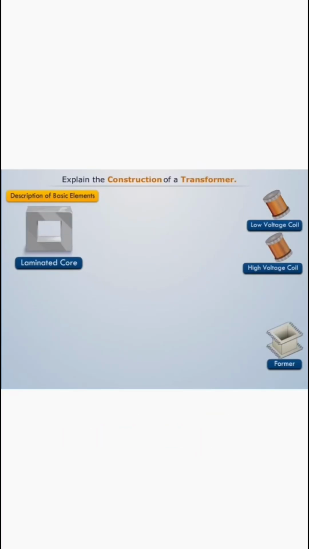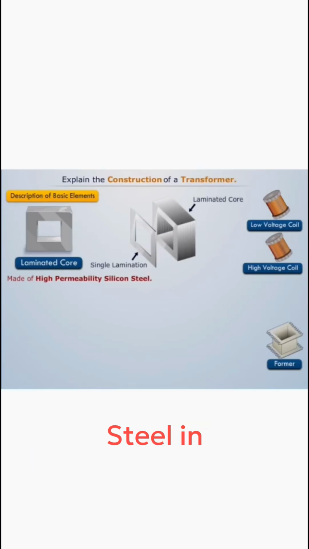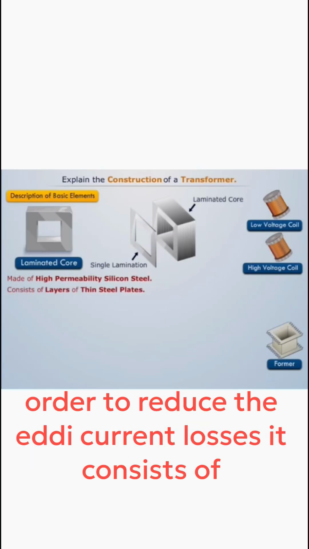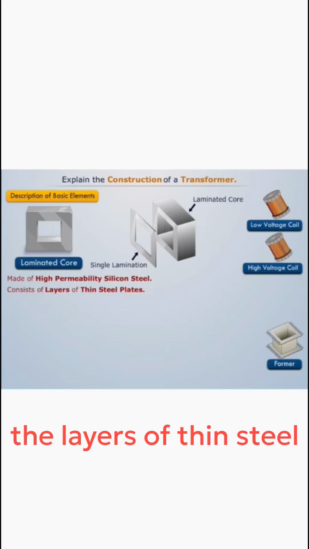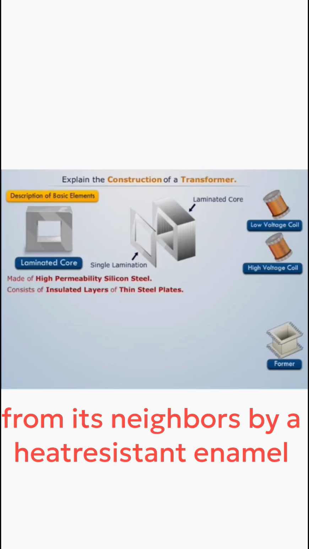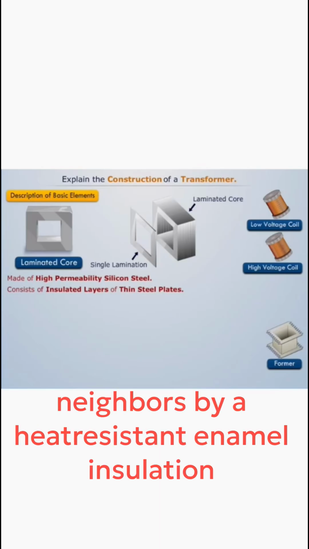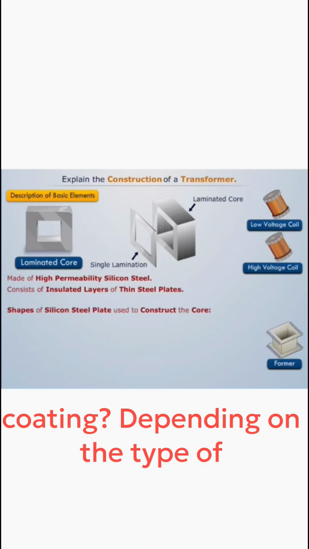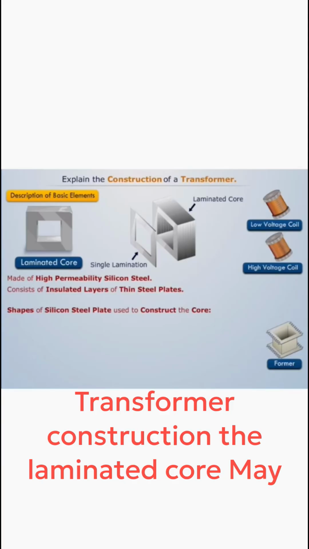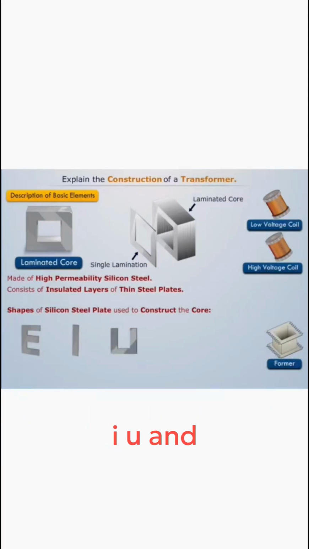Laminated core is made up of high permeability silicon steel. In order to reduce the eddy current losses, it consists of layers of thin steel plates which are insulated from its neighbors by a heat-resistant enamel insulation coating. Depending on the type of transformer construction, the laminated core may consist of plates of shapes E, I, U, and T,